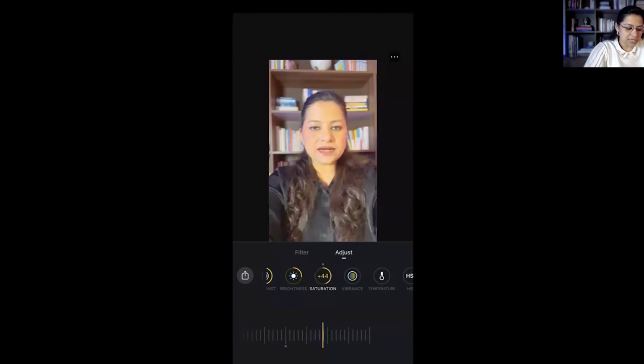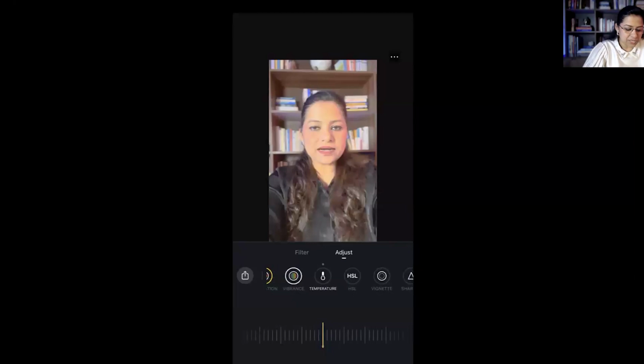Then you have vibrance. Under the vibrance, you can see the difference. The vibrance doesn't have a lot of effect here, but look at the face portion, how the face shadow is actually getting affected. Here we are moving into a brighter shade, and here it is moving a little darker, more of a whitish shade. But vibrance is not giving a very big effect here.